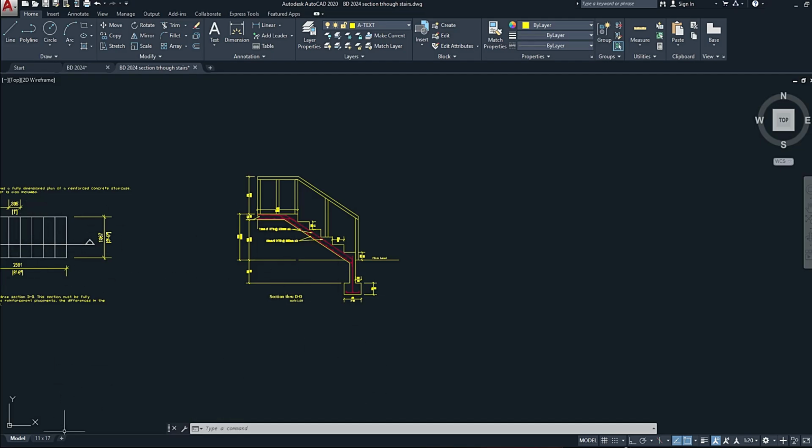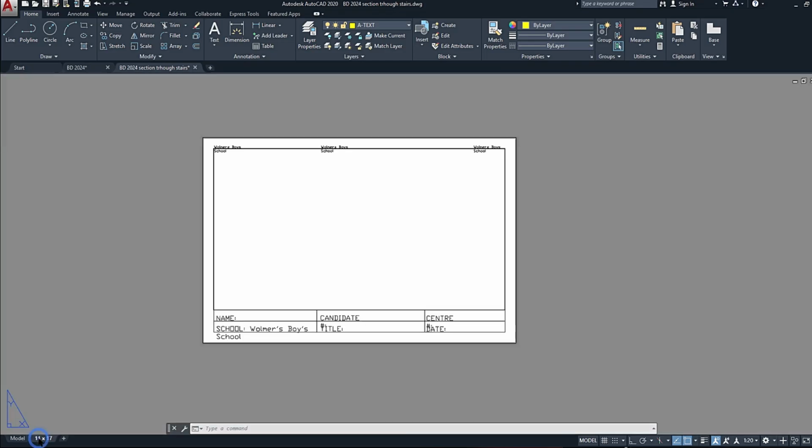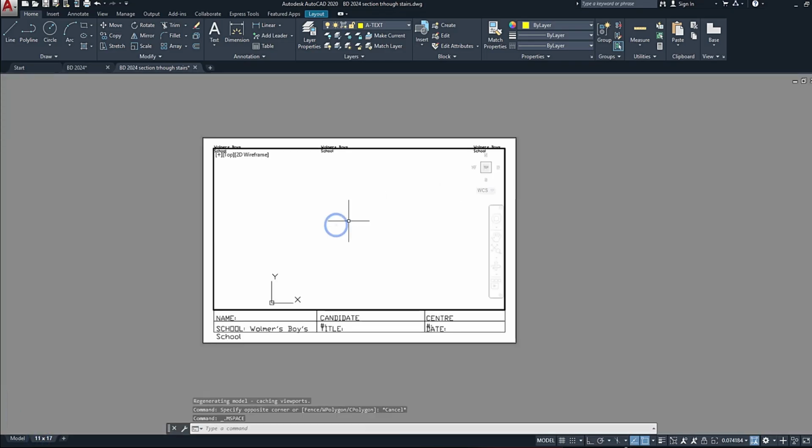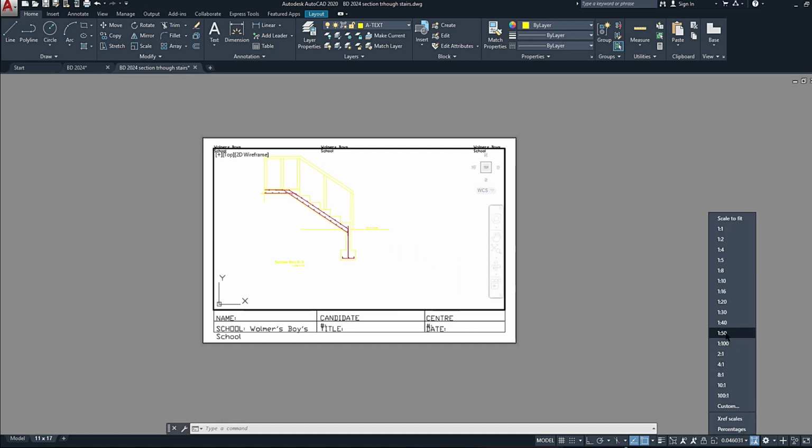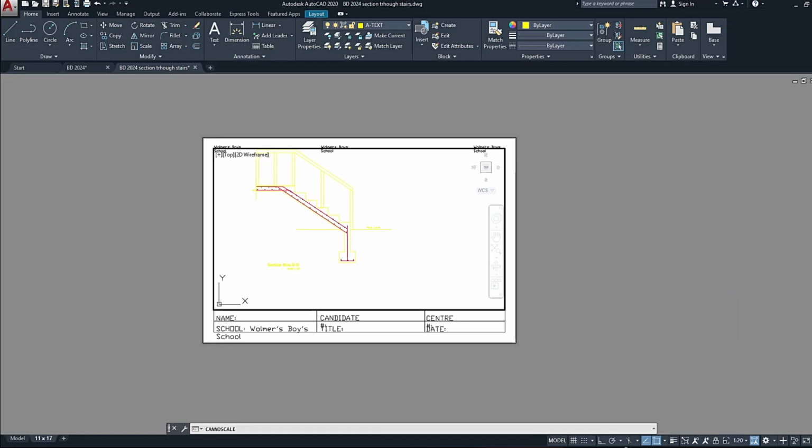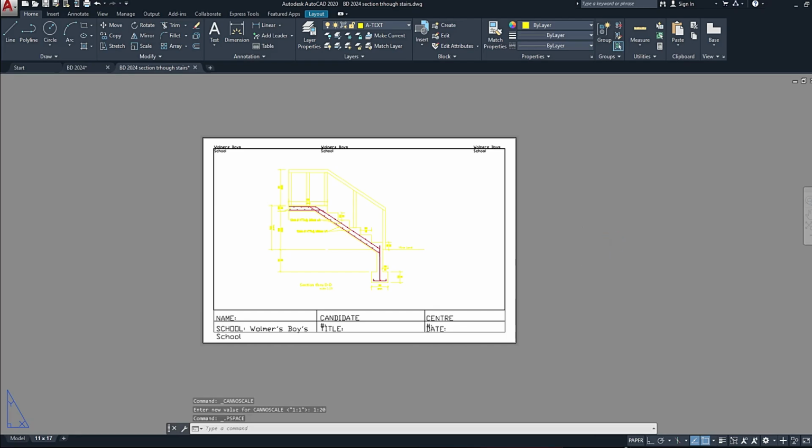Now what will this look like when you are laying it out? Here's my drawing space. Let me double tap. Let me find my drawing, zoom in on that there. All right, let me adjust my scale to see how things look. 1 in 20. All right, so that's my 1 in 20, and perfect. It fits my paper perfectly. So when you go ahead and you print,